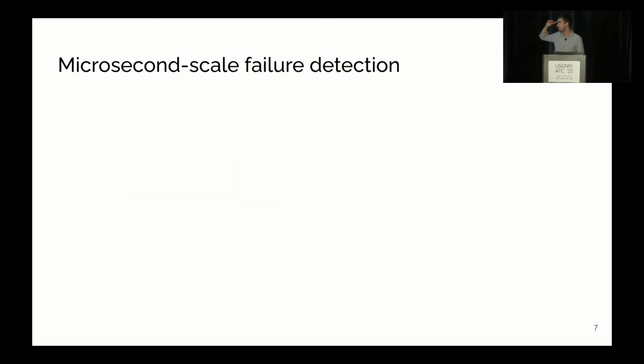And usually in distributed systems, detecting failures fast is kind of problematic because we detect failures by relying on timeouts. And so when you have timeouts, you have two strategies. Either you go with very large timeouts, in which case you don't have a lot of false positives, but it takes forever to detect a failure, or you go with short timeouts, in which case you're able to detect failures super fast, but you will have a lot of false positives. And that's a problem because you don't want to suffer from reconfigurations that are useless for your system.